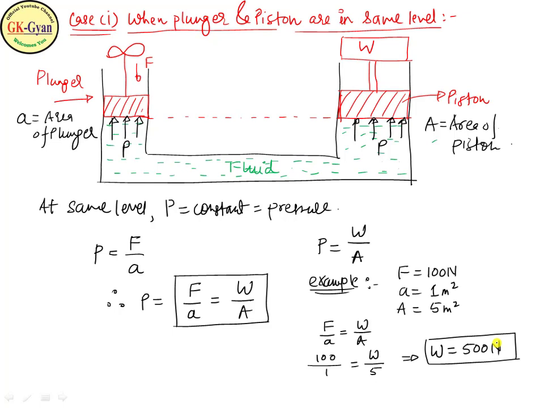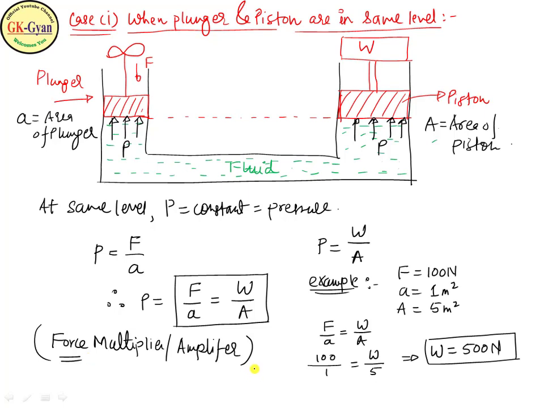So it is also called the force multiplier or amplifier. In this case, this hydraulic lift is called the force multiplier, or the amplifier, because by the application of a very small force, you are going to lift a very large force. Are you getting my point? Hence it is called the force multiplier or the amplifier.